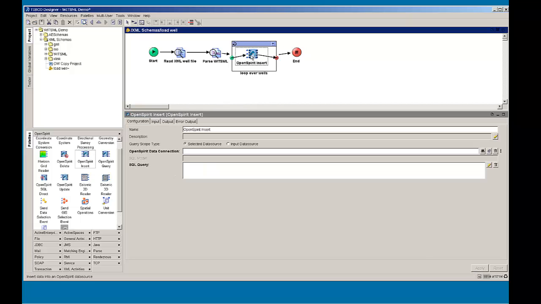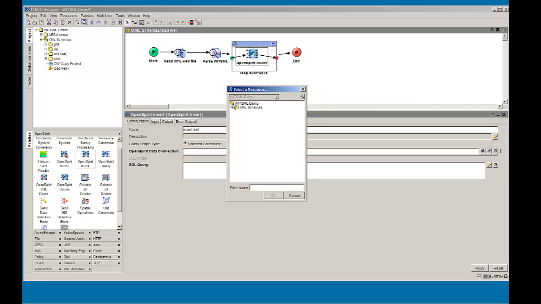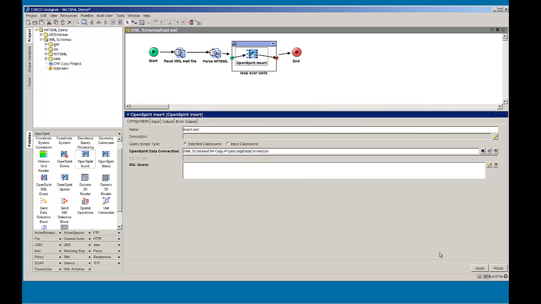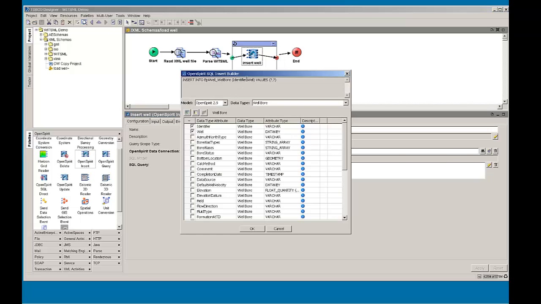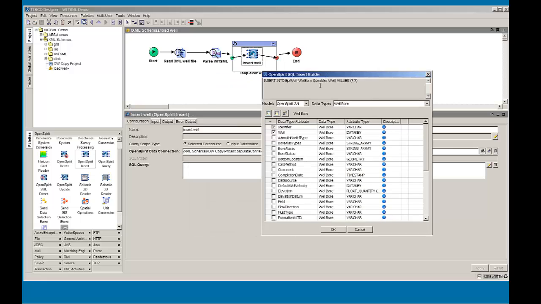So now let's look at this OpenSpirit insert, and again we'll give it a name, insert well, and we get to pick the data source we're going to insert to, and it was right there. And let's save this. Now it's asking us to build the SQL query. Well, we have a little query builder here, so we don't have to know SQL, we just have to know our data model. And I'm in this case going to be inserting into OpenWorks,